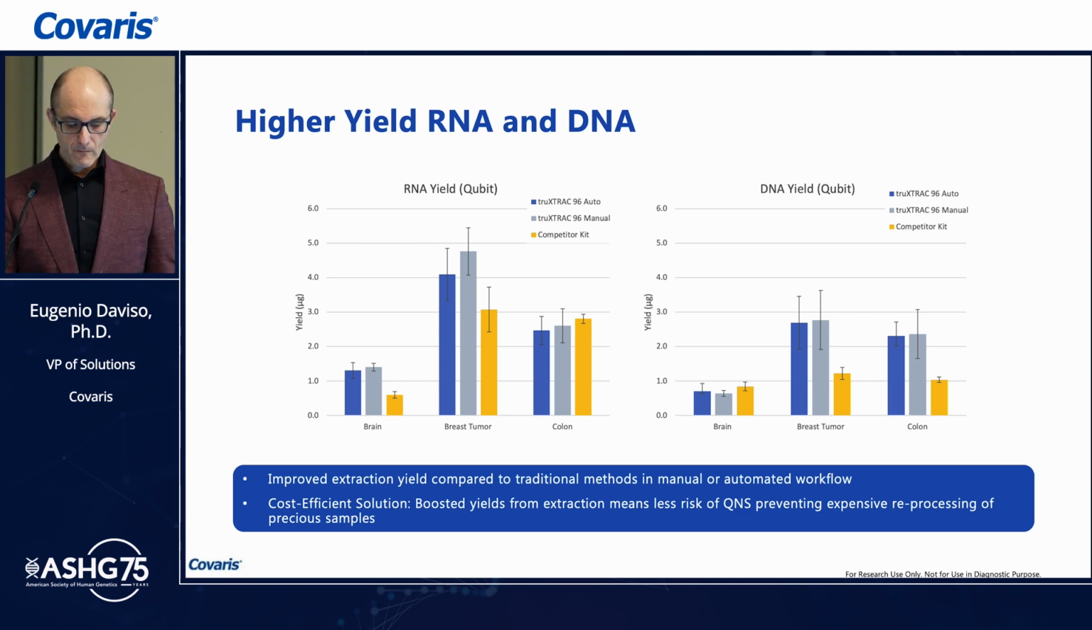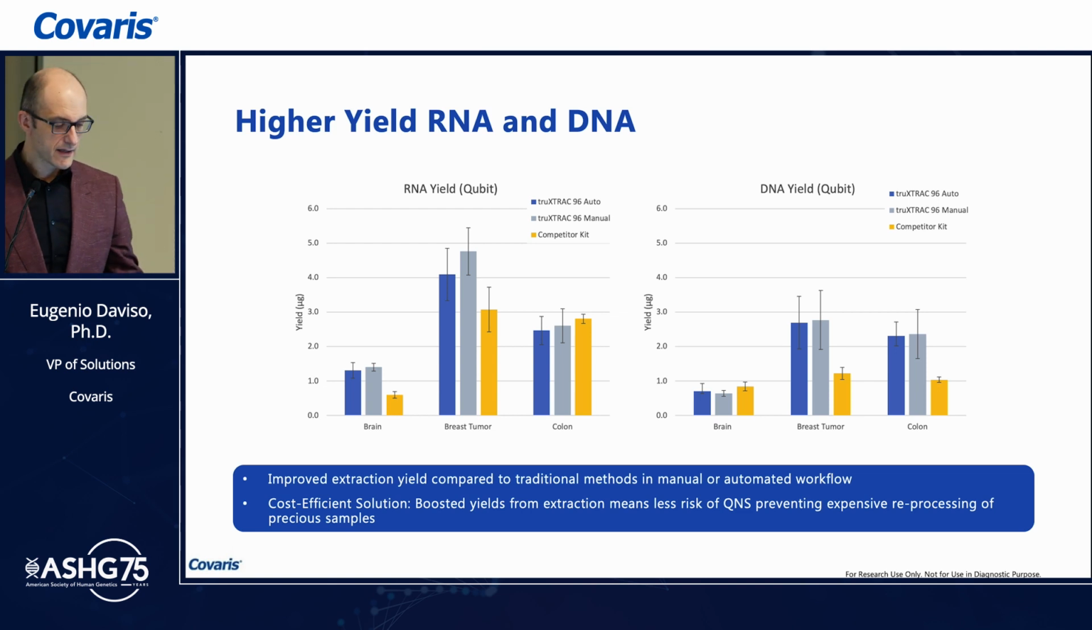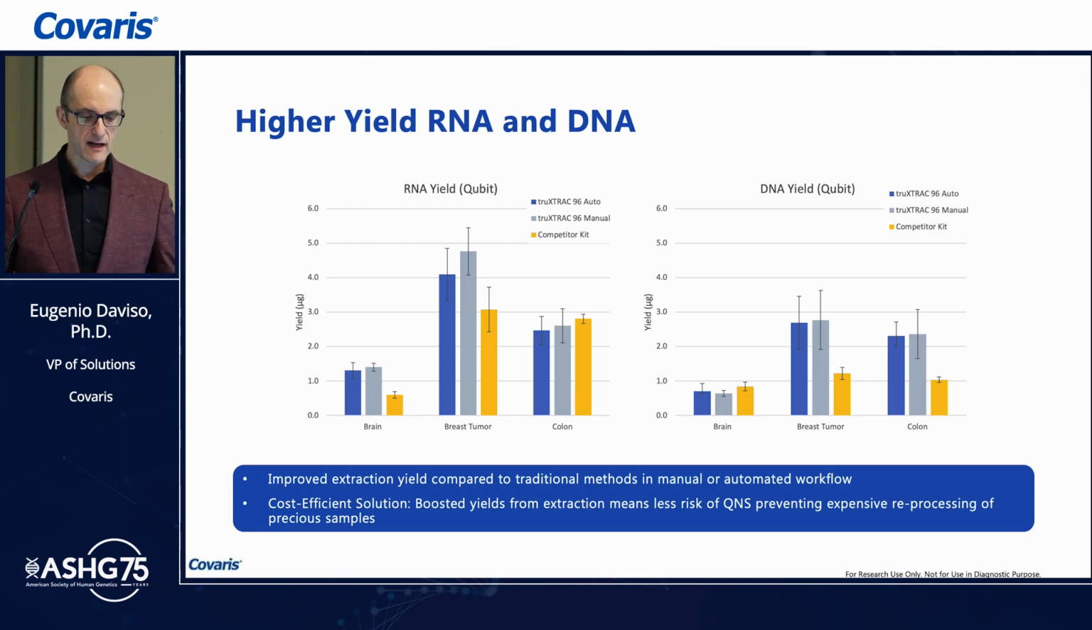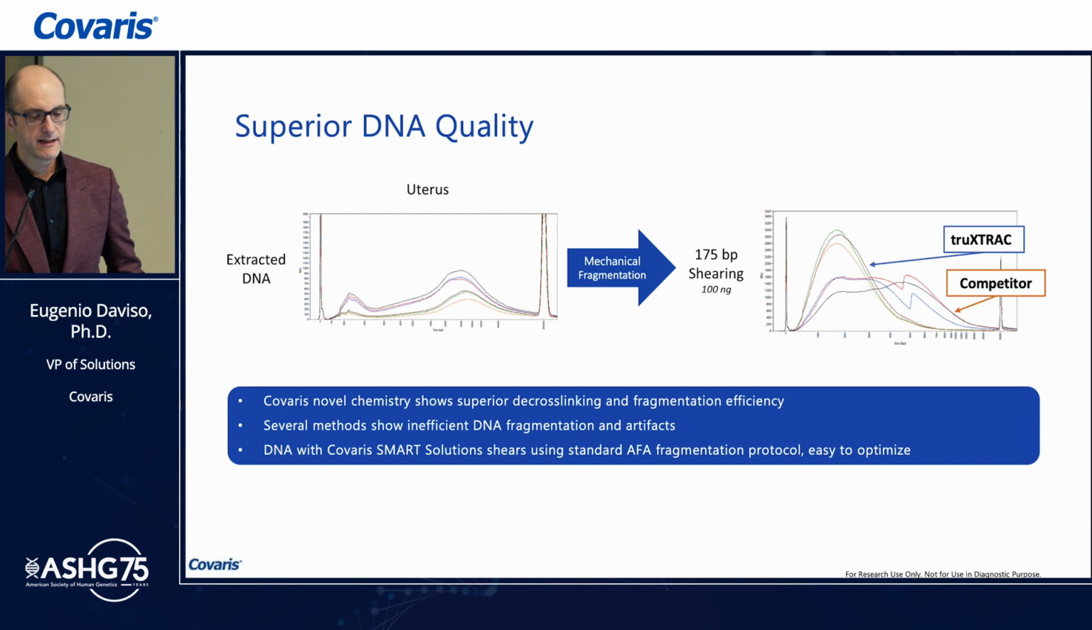So now the concept of yield is something that is becoming less and less important, I would say, compared to the quality. How much can you amplify of the DNA and RNA that you are extracting? I would like to start by looking at the DNA quality